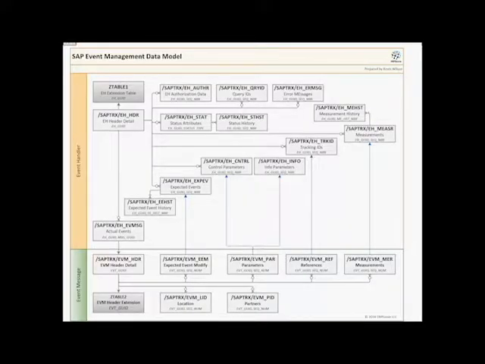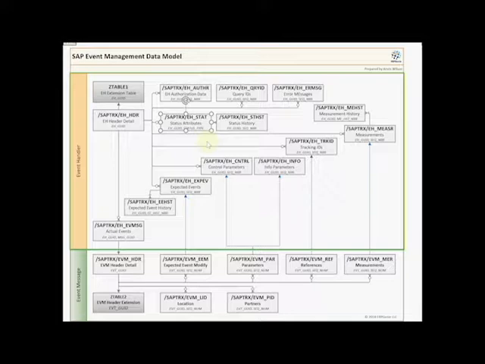So let's get going. The data model for event management is actually kind of simple, very normalized, very well thought out. Two key areas of event management being the event handler and the event message. The tables are split out according to those two areas. All right, so an event handler always has the namespace /SAP TRX /EH underscore, and then HDR for the header,